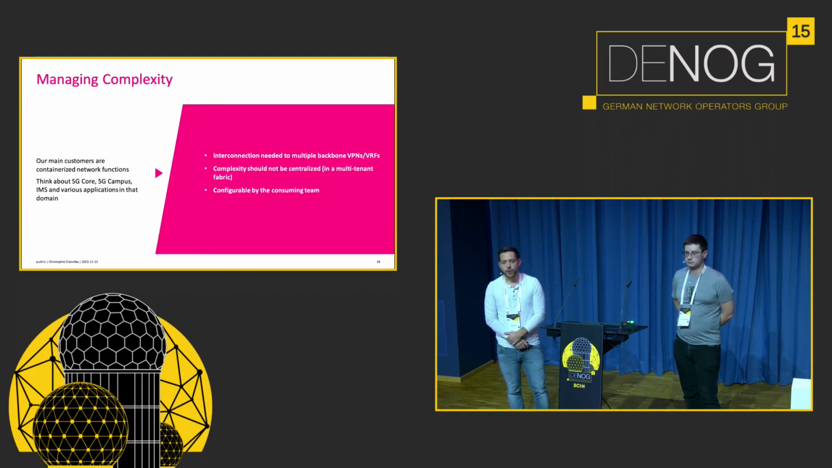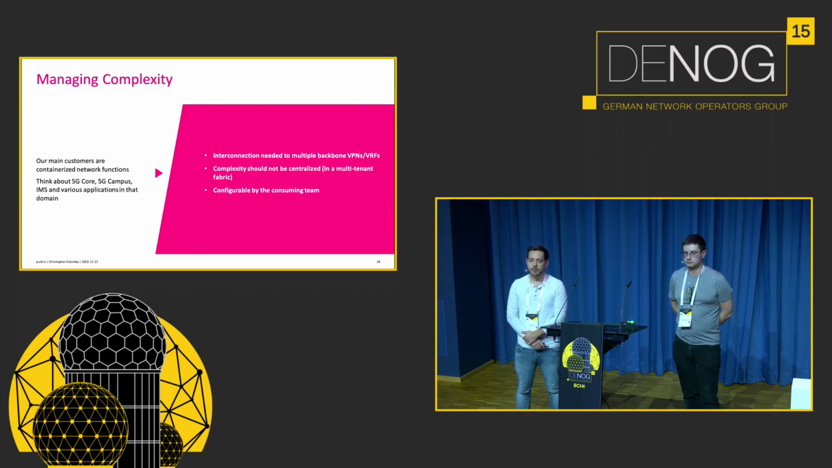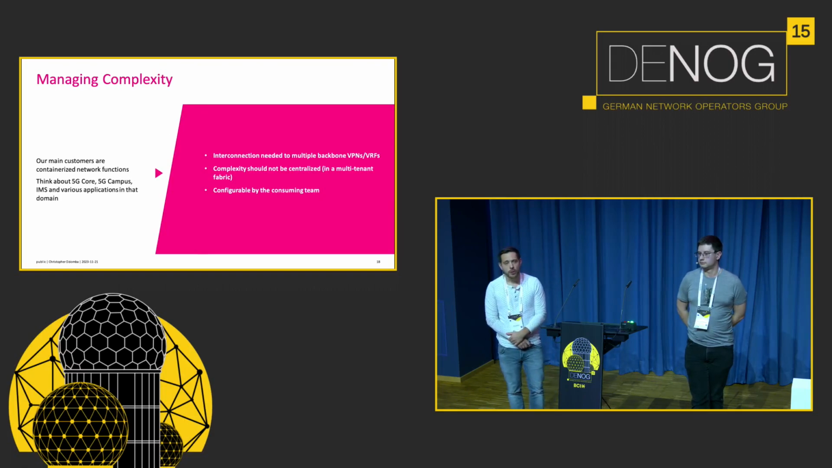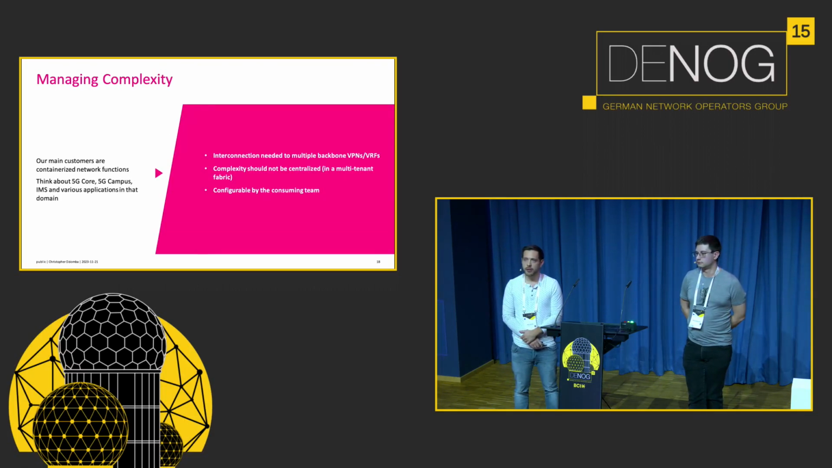And yeah, if we have a look at the complexity, our main customers are some mobile CNFs, in that case 5G Core, for example, or 5G Campus, the IMS and different more applications like that in general. And they need an interconnection between sometimes each other or to other important mobile applications in that case, which requires a lot of different VPN, VRF connections in maybe one or more than one backbone at once,